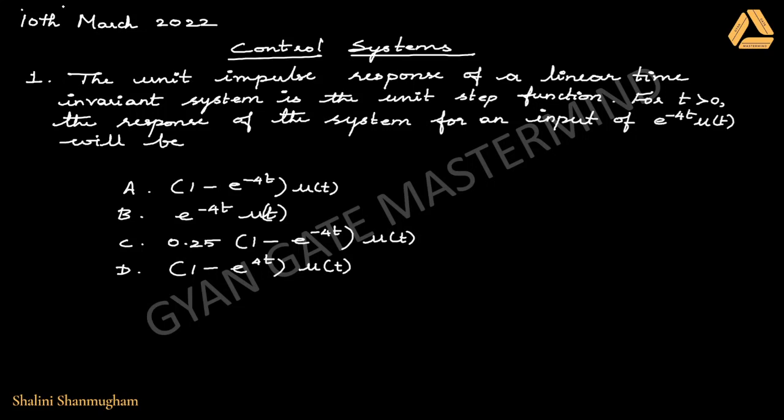Welcome. Today we are going to solve another three problems in control systems. So the first question is that the unit impulse response of a linear time invariant system is the unit step function. For t greater than 0, the response of the system for an input of e power minus 4t u of t will be. So from this problem, they have given that the